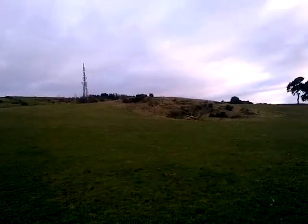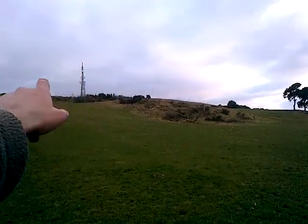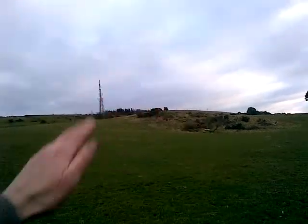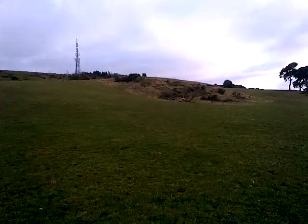Couple of nice little technical flights. It's a wee bit too west. It's actually just off north, but it's a wee bit too much west. There's a bird up there which won't show up in the camera, and the wind is probably 20 degrees off the main slope. So I did a couple of nice technical flights as we look on to the right,